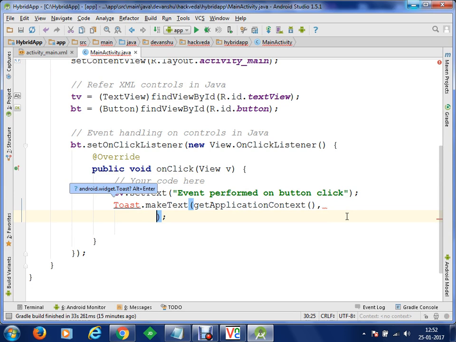So you will be able to display your toast in the currently active activity using getApplicationContext. No, you cannot write the name, because you don't know where that name is defined. getApplicationContext is the preferred method. Using this you can identify the current activity which is displayed on the mobile device, and you can display your toast message on that.